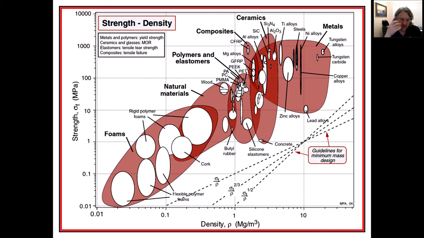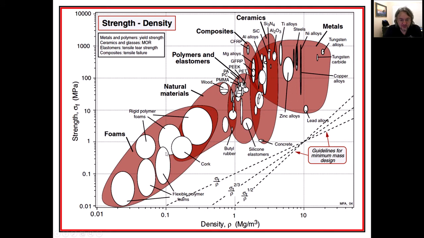Here's strength and density, and we can see that they have these things called guidelines right here, and you can see that they have this kind of form that doesn't quite make sense. I mean, these are just slopes where you might take a ruler. I guess the ruler would look better this way, right? No, let's see, that way. Yeah, okay, that way. And we would slide up and down through them. Let's see, going this way. My camera's backwards, isn't it? Okay. Anyway,